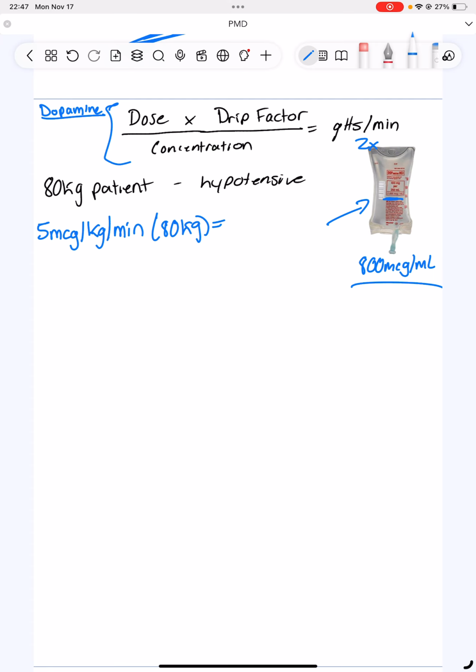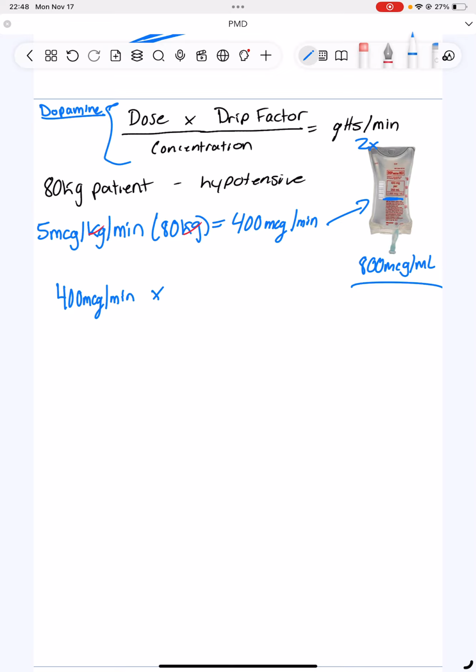So let's calculate that first. 5 times 80, so that's going to be 400. Okay, kilograms are going to cancel out. 400 micrograms per min is what we'd be left with. So the dosage here will be 400 micrograms per min